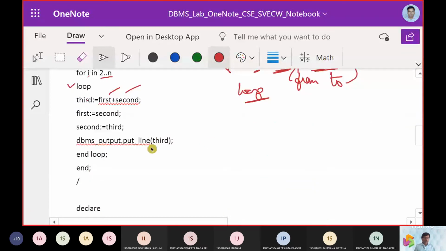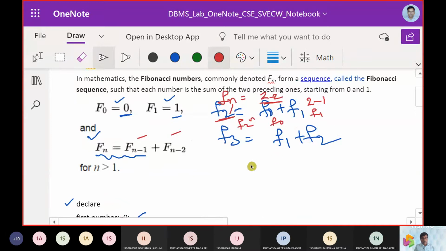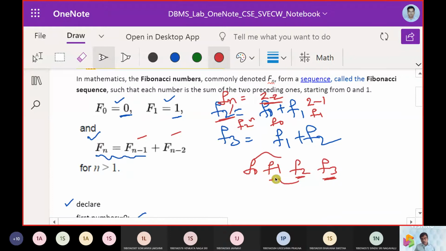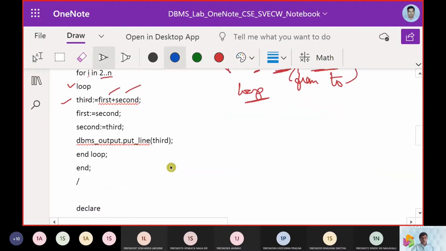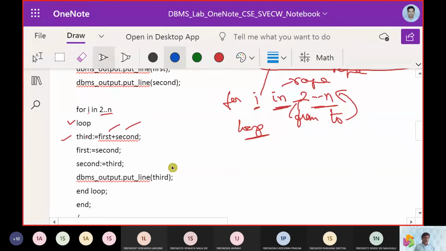So now what did you get? We got this third value, that is first plus second, and then we swapped it. Why do we need to swap the operation? Because we need to compute the series, that is f0, f1, f2, f3. How am I going to get f3? It is between f1 and f2. How am I going to get f2? It is f0 and f1. Therefore, for every consecutive operation I need to look up to build the Fibonacci series, or to build the Fibonacci numbers. That is the reason why we are including this swapping of values.